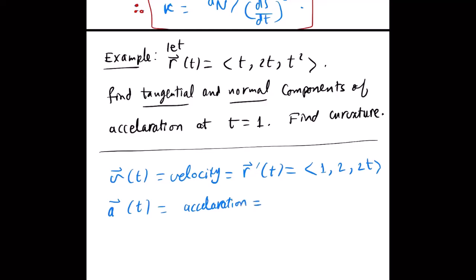A is v dash of t, which is r double dash of t. So we differentiate again. We don't need to write all of this, but I'm explaining as well. The derivative of 1 is 0, the derivative of 2 is 0 as well, the derivative of 2t